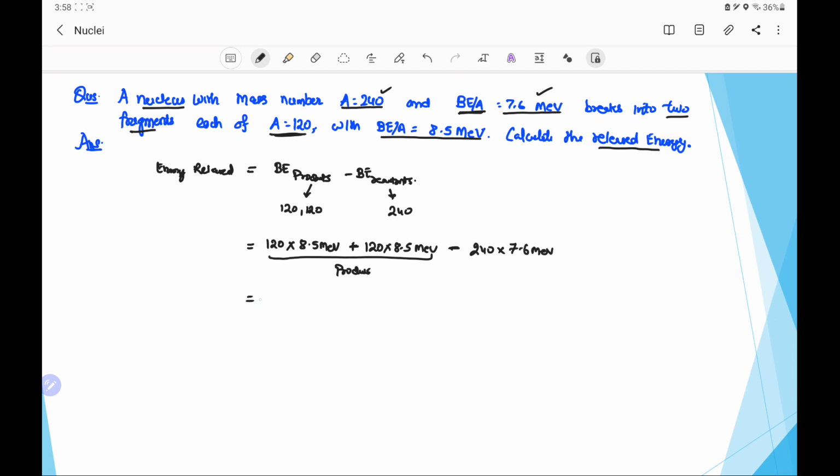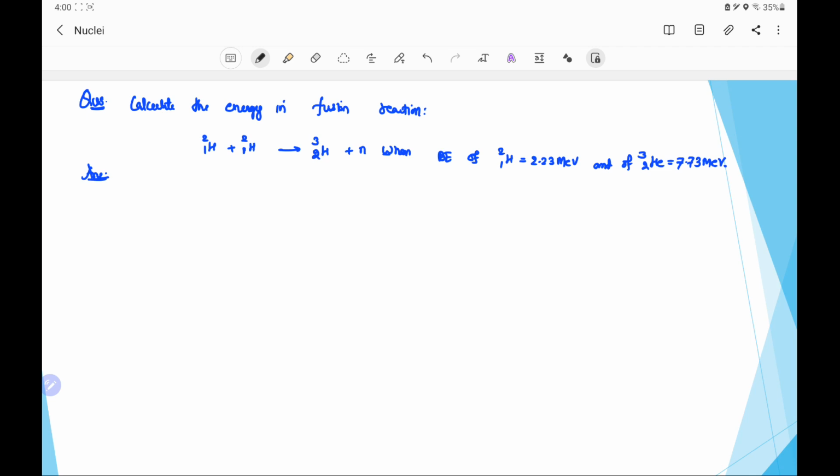On solving, we have 2 into 120 into 8.5 minus 240 into 7.6, which is equal to 240 into (8.5 minus 7.6), that is equal to 240 into 0.9, and on multiplying we get 216 million electron volt. Another example is to calculate the energy in a fusion reaction, in which lighter nuclei